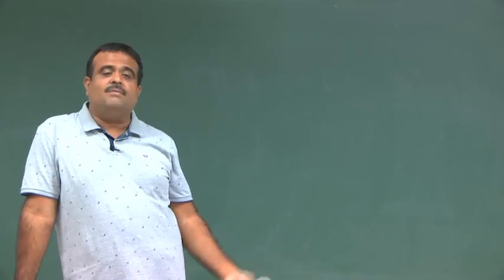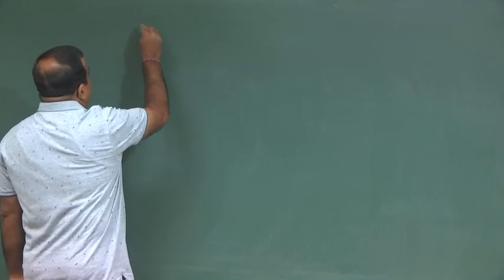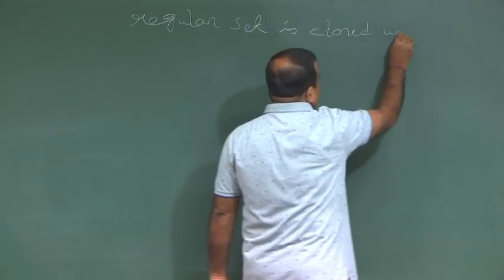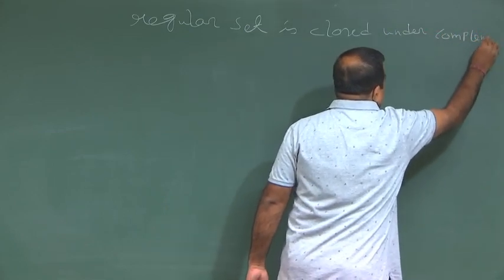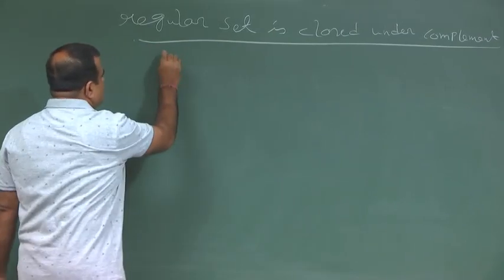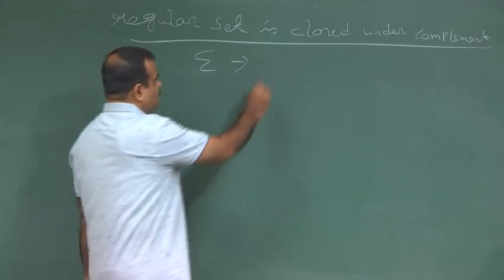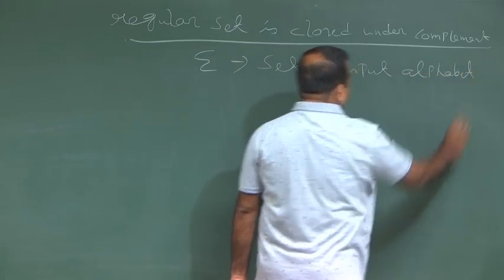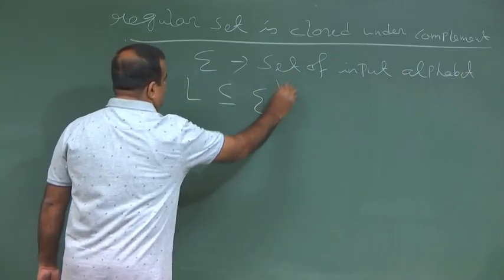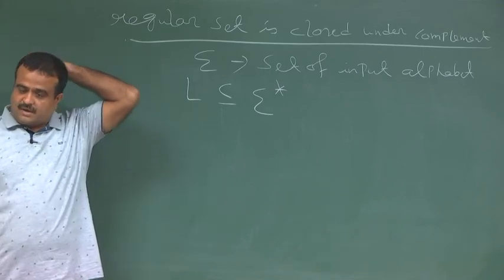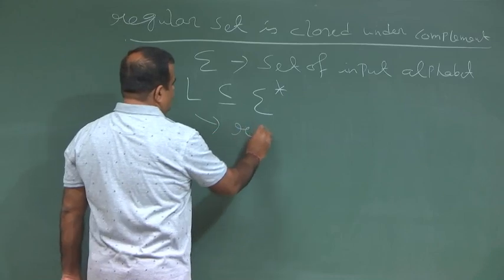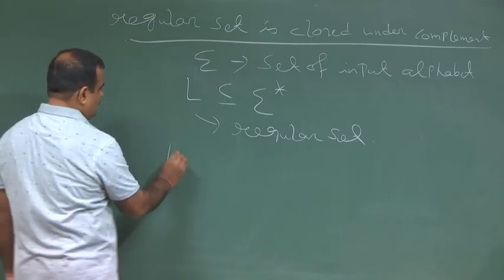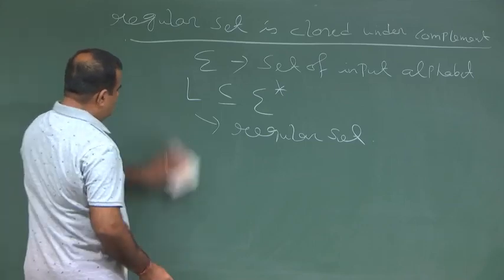Given a regular set, is the complement also regular? A regular set is closed under complement. That means, let sigma be the finite set of input alphabet, and suppose we are given a language L which is a subset of the strings consisting of the alphabet coming from sigma. Suppose this is a regular set or regular language L. Now, the question is whether the complement, L C or L prime, whichever notation we use,